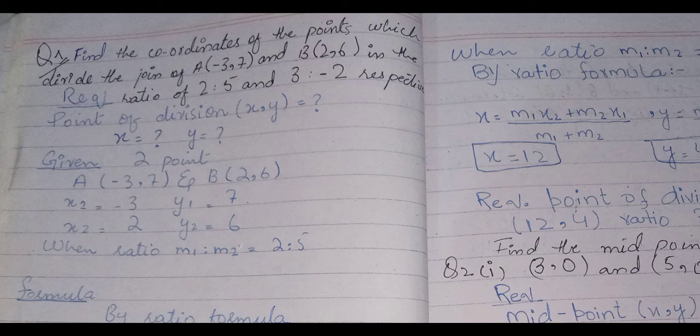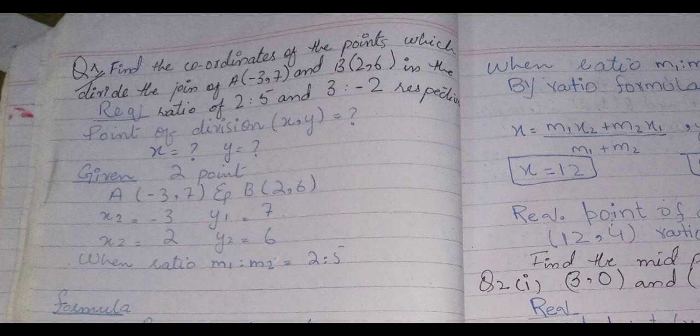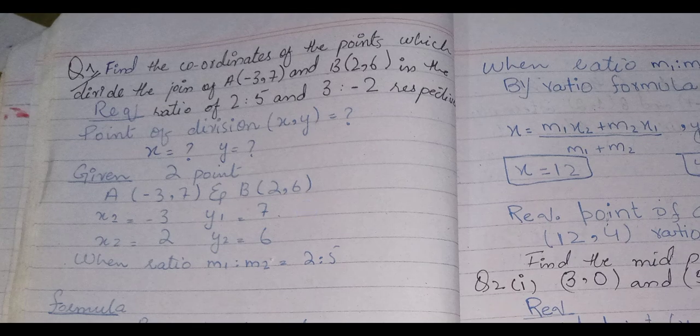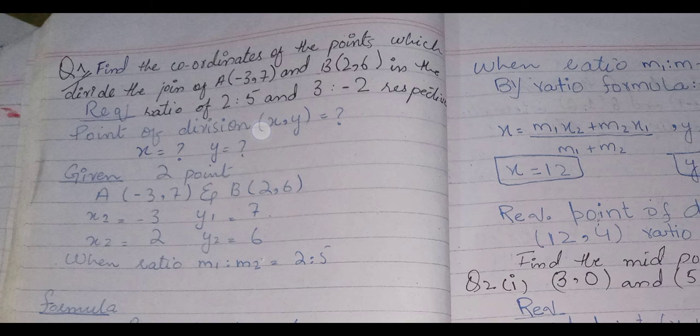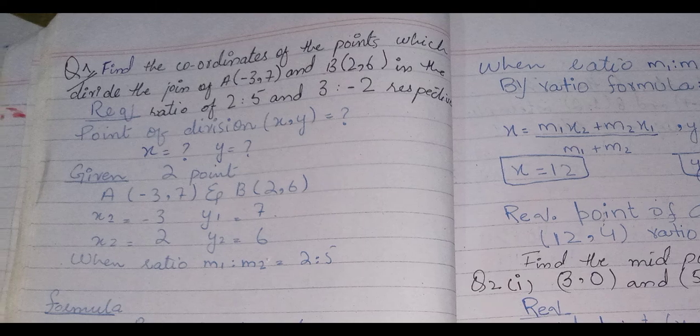We will take first 2:5, and I am explaining to you what the question is and what they are asking and what they have given to us. Okay, find the coordinate of the point which divides the joint, meaning the point of division. We have to find the point of division, and we have a bar, maybe vertical, maybe horizontal, maybe with some slope. We don't know about it. How will we know about it? Because we have the coordinates of this.